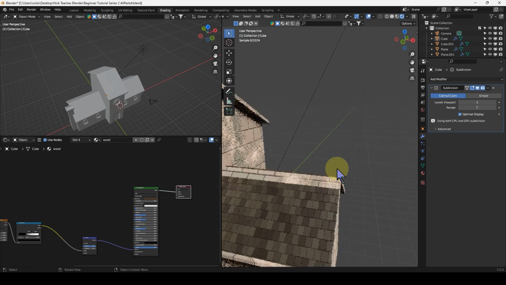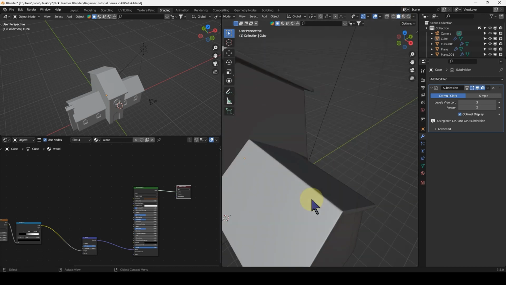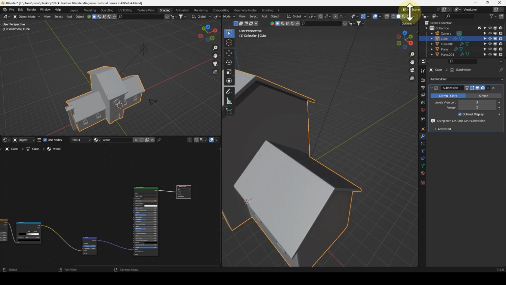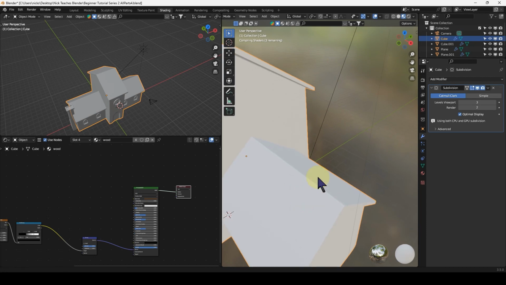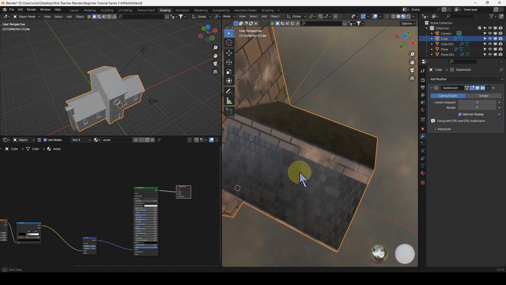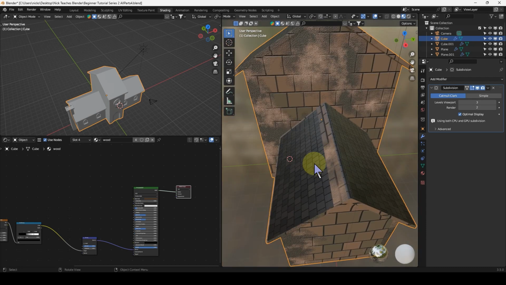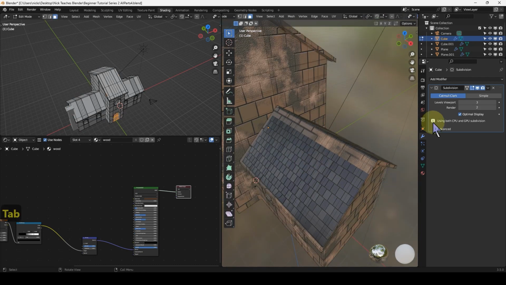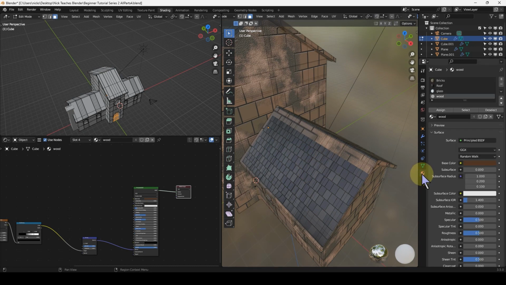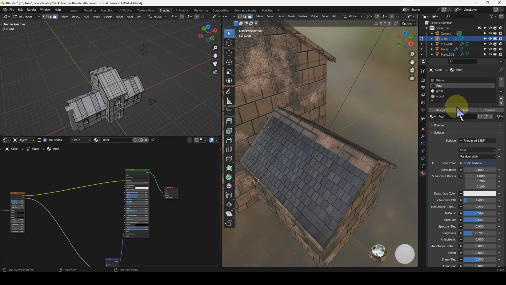What's going on at the top here? These aren't. So as you can see, I'm going to see if that just still works. Probably it's just way too complicated. So what's happened here is I obviously haven't selected these faces. An easy way to check which faces are assigned to which material is I've tabbed into edit mode. Go into the material, just click off, make sure you've not selected anything. Go into material properties, and then I want to check the roof. So if I click the roof and then click select,